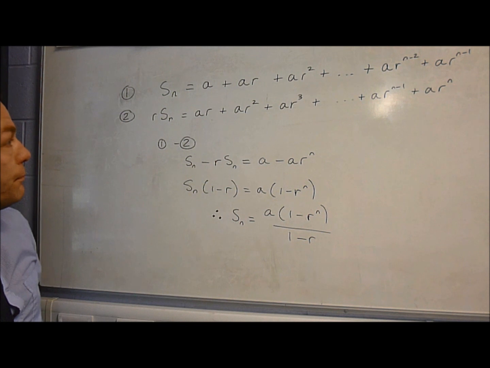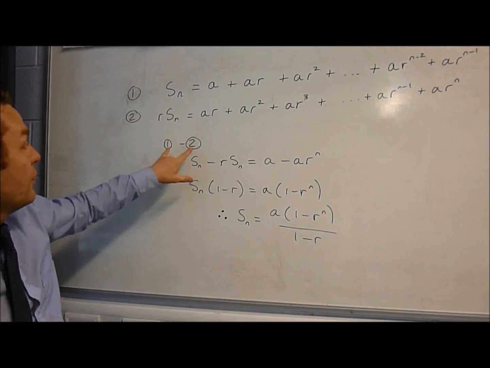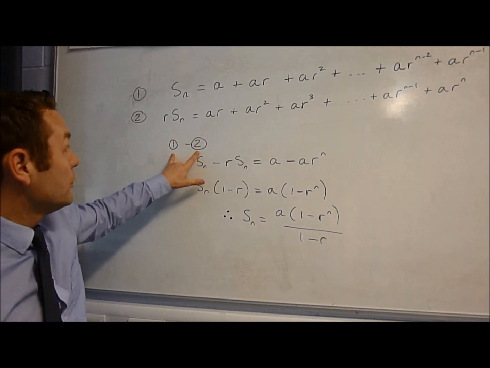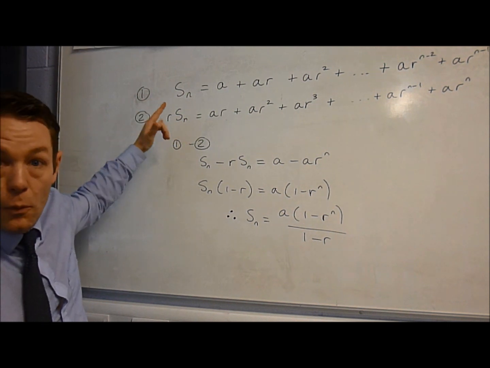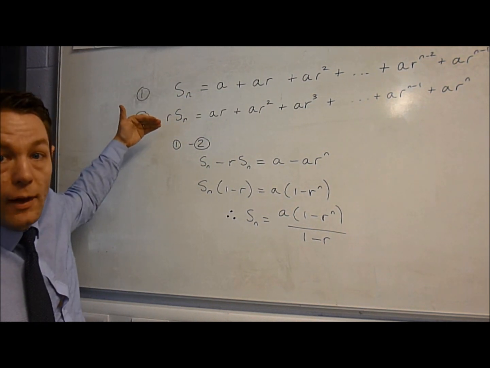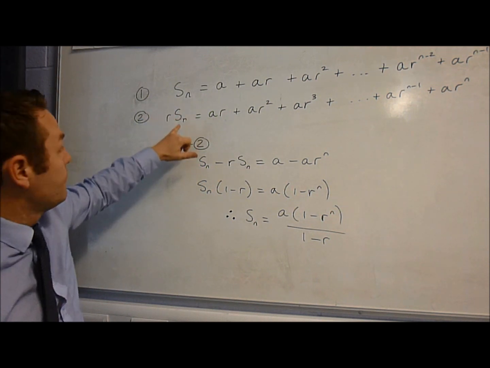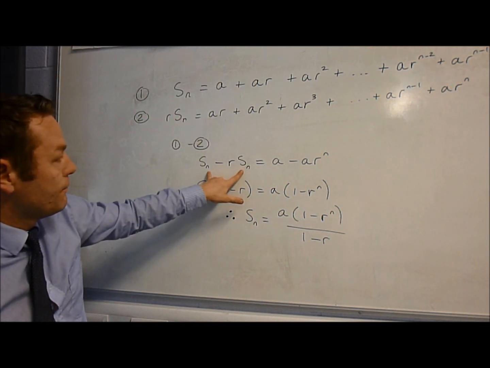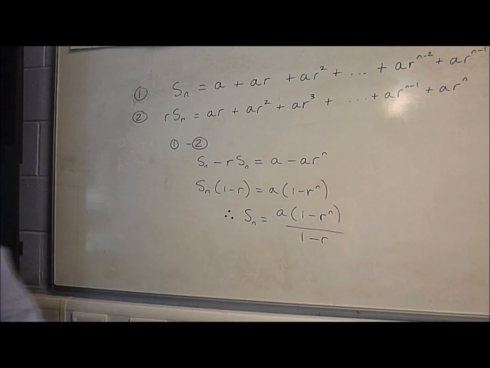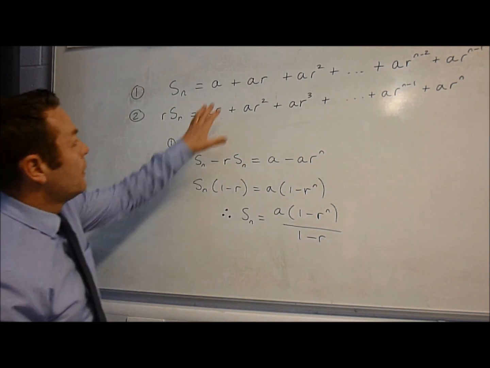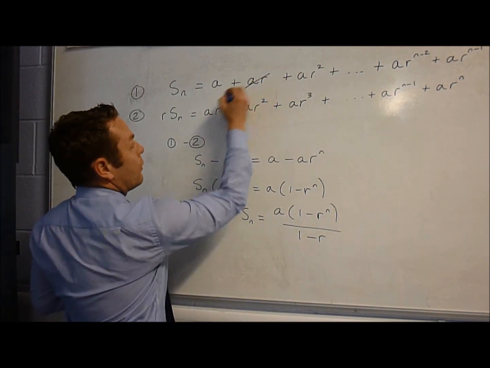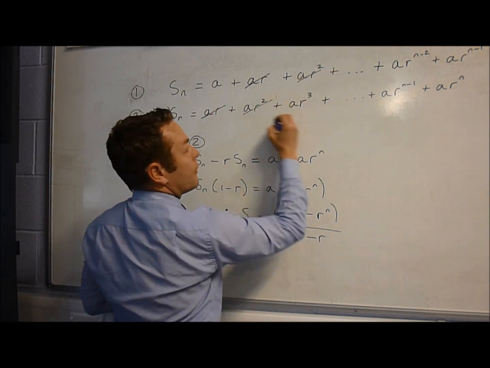Now the clever bit, we take these 2 and we subtract them. Now you've got to look carefully because we could subtract them either way. I've chosen to do 1 take away 2, which then gives me Sn minus R Sn. And then the clever bit, top take away bottom, all of these terms